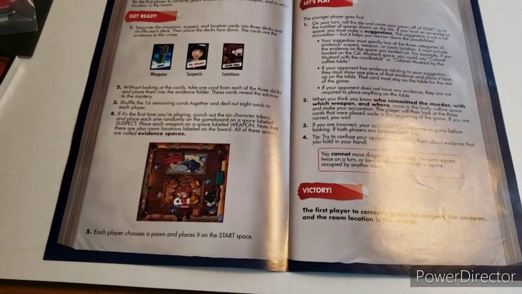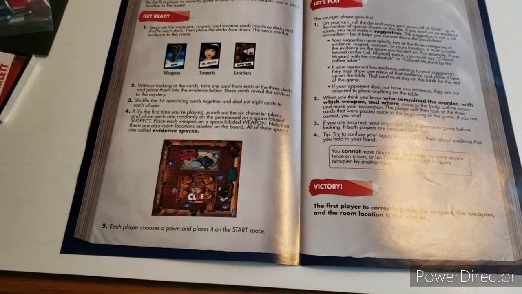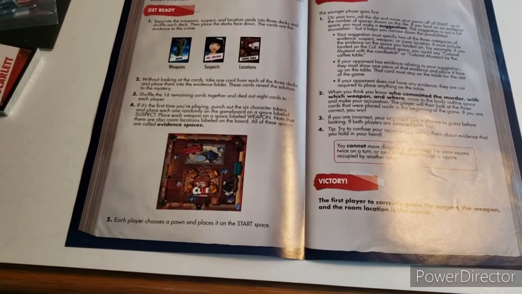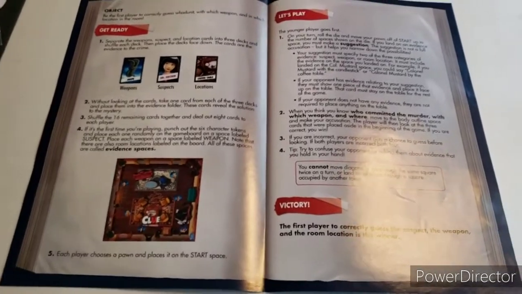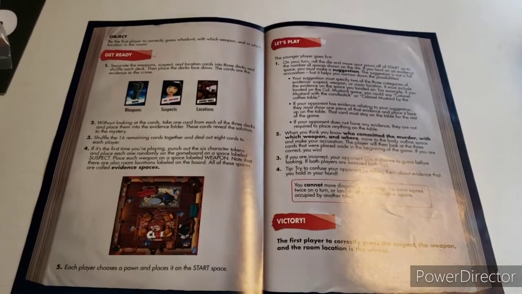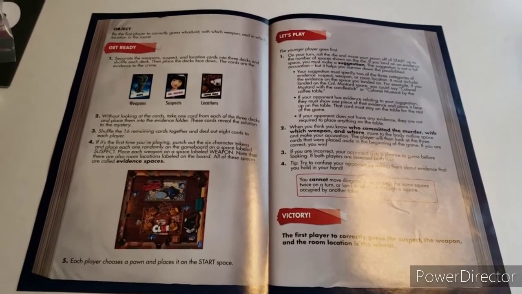If your opponent has evidence relating to your suggestion, they must show you one piece of that evidence and place it face up on the table. That card must stay on the table for the rest of the game. Okay, it's interesting. Okay, I understand what's going on here. All right. When you think you know who committed the murder, which one? Okay, so